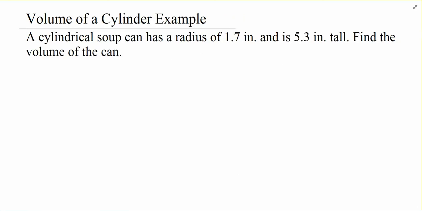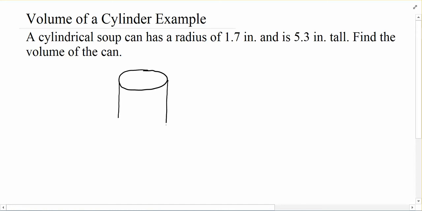A cylinder is another example of one shape stacked on top of itself a bunch of times. So in this case, we've got a soup can. Soup can looks something like this. And you can think about this like a whole bunch of circles being stacked on top of each other. If you took a quarter and stacked a whole bunch of quarters up, you're going to get a cylinder. So we can again say the volume is going to be the area of the base times the height.